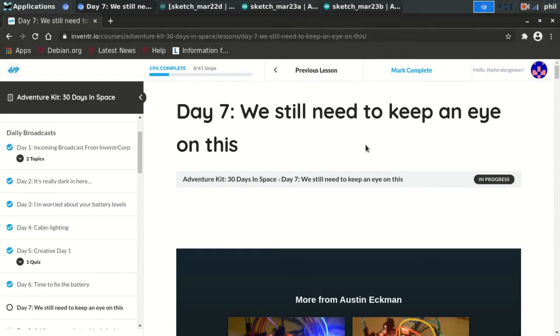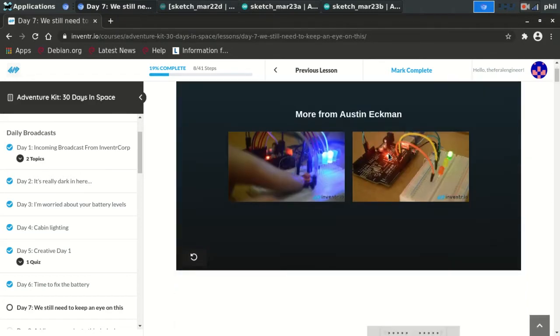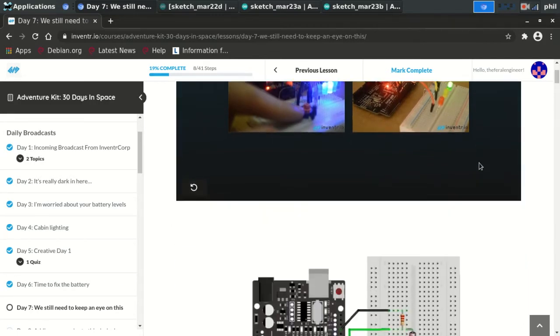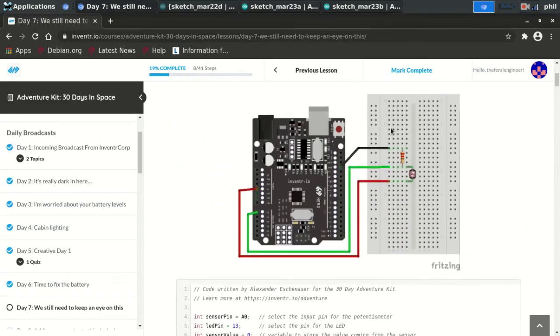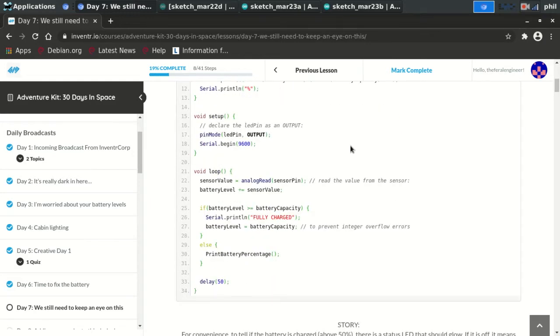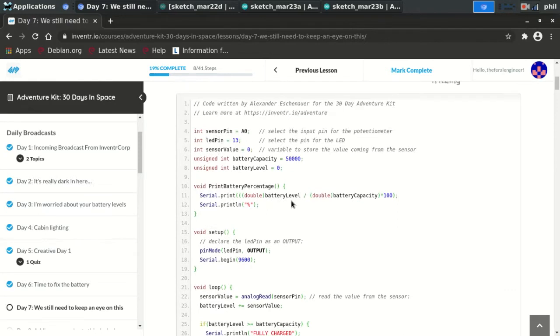Okay, so we're back to the computer view, and if we scroll down, I've already gone through the video, and when we scroll down we look at the diagram. The diagram hasn't changed, and down inside of the code section there's a couple of new things in here. One of them being